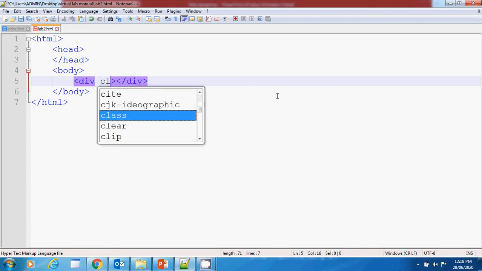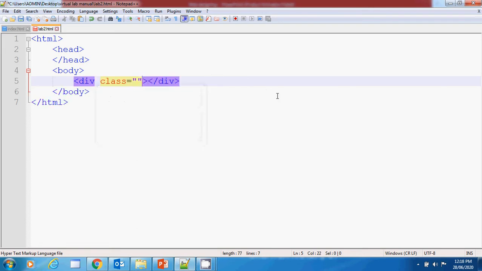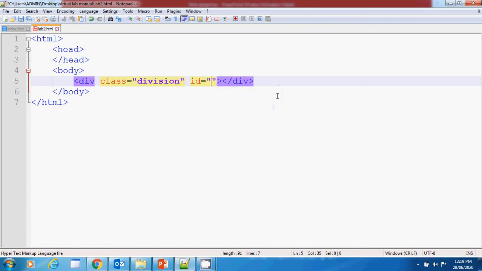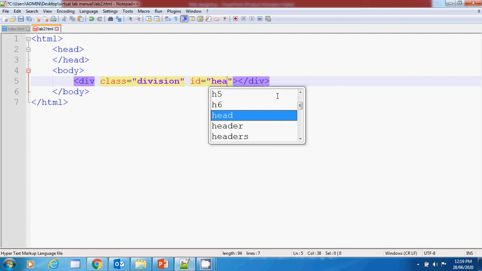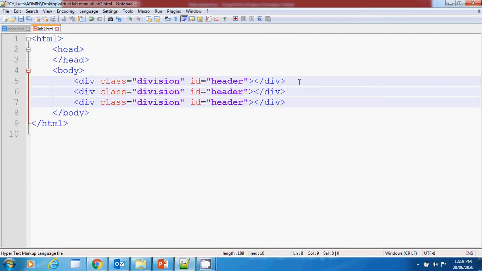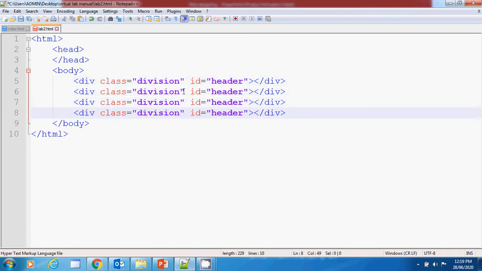I'm giving this div class as division and id as header. Now in our web page I want 4 sections, so I'm creating 4 divs.